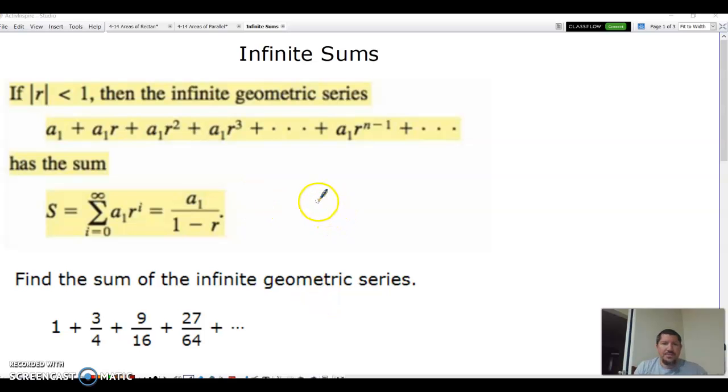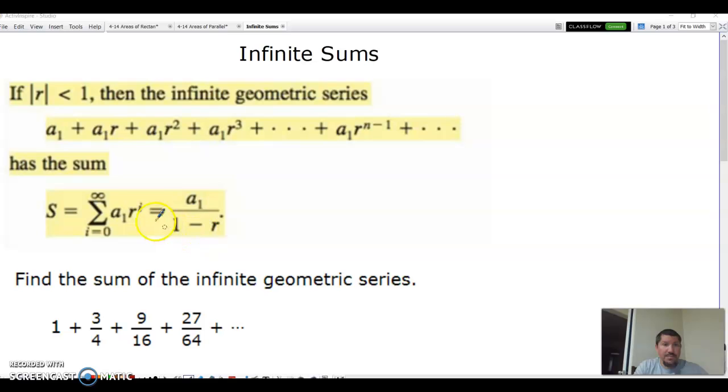Alright guys, so one of the videos, this will probably be the second video that you actually watch, is about infinite sums of geometric series. Geometric series are the only ones that are going to have infinite sums because the ratio is less than 1. Okay, so it's really between 0 and 1, but as long as that ratio is between 0 and 1, we have an infinite sum, or I guess, well, the absolute value is less than 1, so it's really between -1 and 1 that allows us to have